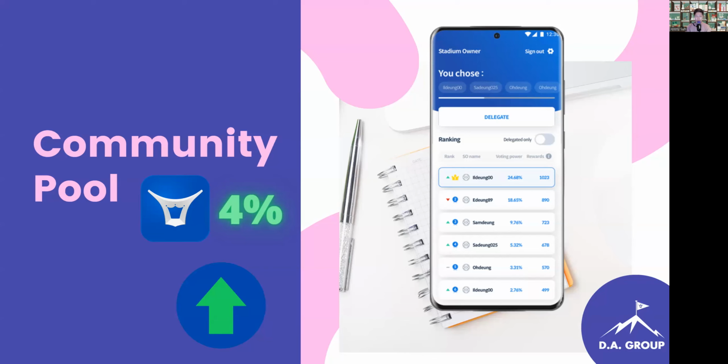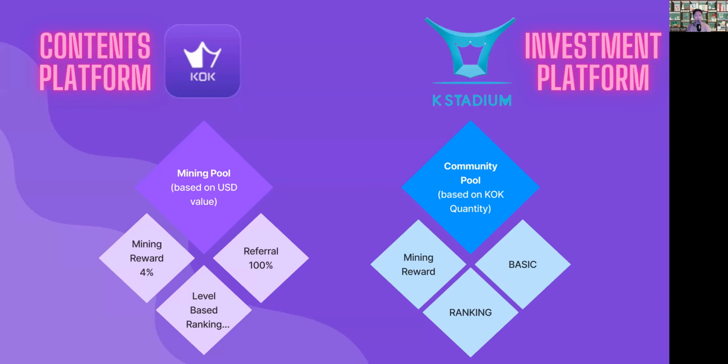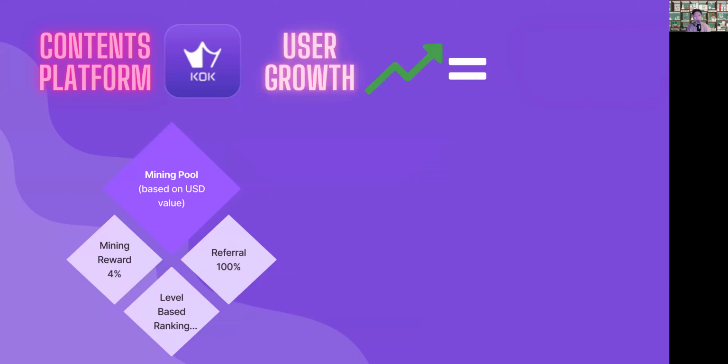To understand how the number keeps going up, we have to understand what's going to happen in the near future. In that near future, in the KOK Play app or the platform, we're going to see an increase in user growth. Why is that? Because of the 100% completely free referral system, which means people can create accounts, put a $0 stake on, and benefit from adding somebody else as a referral to get $100 worth of credit as a mileage that they can use in the application.